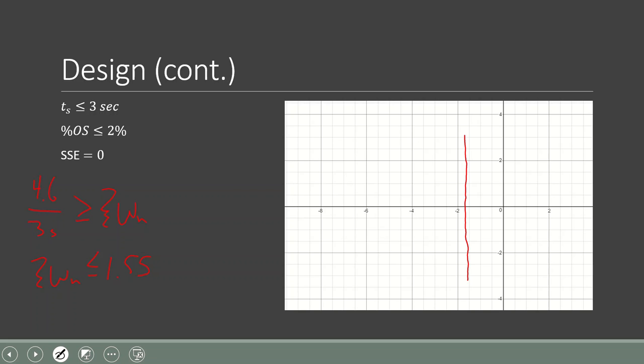And then our percent overshoot, plugging into the natural log formula, we get that zeta has to be more than or equal to 0.456. And the cos inverse of that gives us an angle of 62.8 degrees. So then we're also going to have bounds